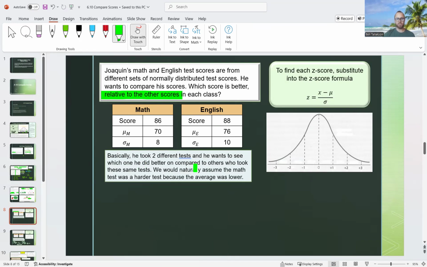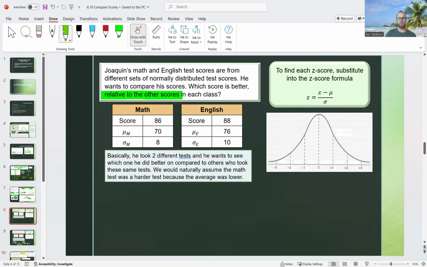And we would naturally assume the math test was harder because what's that number represent? This M here is just for math. These E's are for English. So the 70 here and the 76 represent the average, the mean score. So we could assume the math test is probably more challenging because of the lower average. Well, that's good to know. It's helpful to just think about everything that's going on. But ultimately, what we need to do